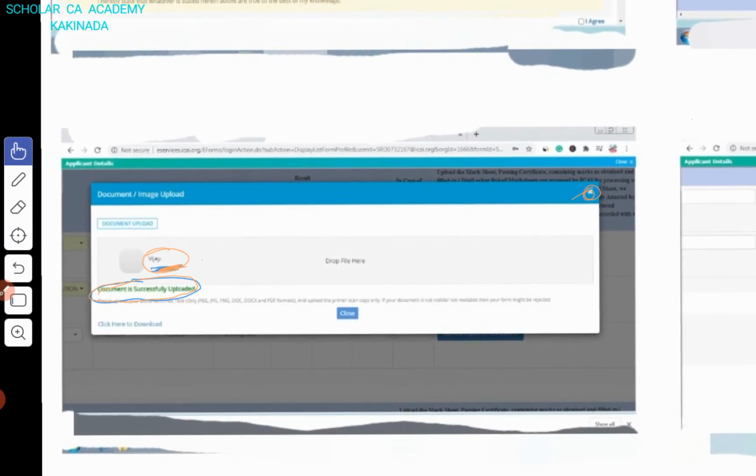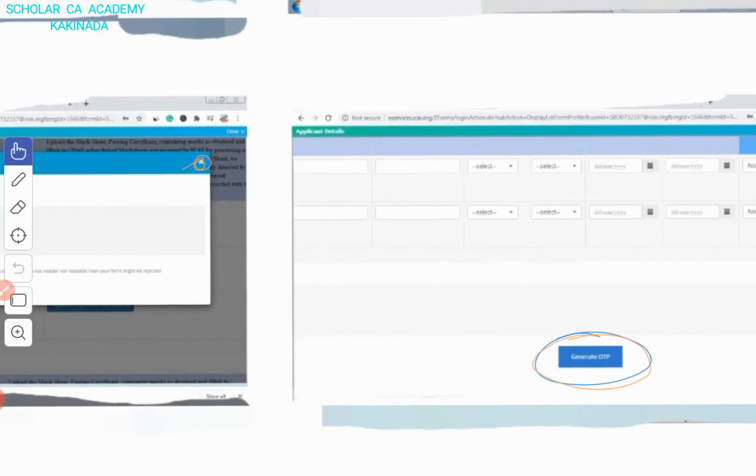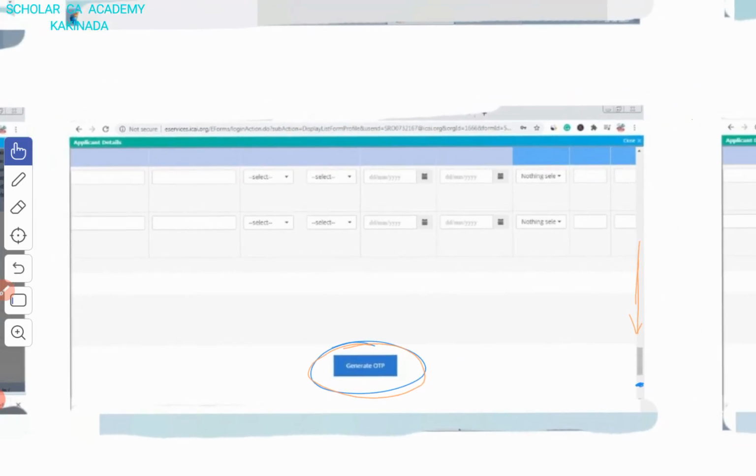If it is less than 1 MB and it is in the required format, the document will be uploaded. After successful updation of the document, this will be displayed on your page. Click on close. Here close, or this close, and then this page will be displayed.